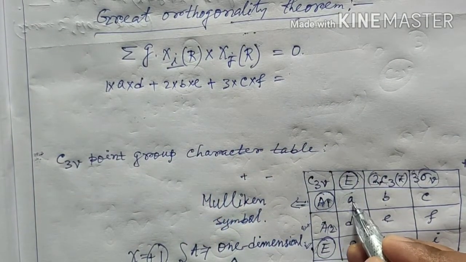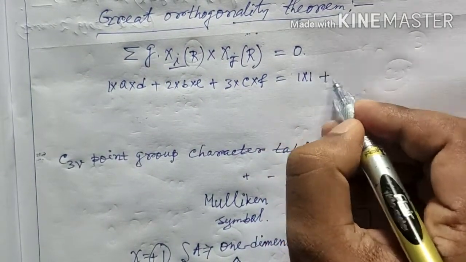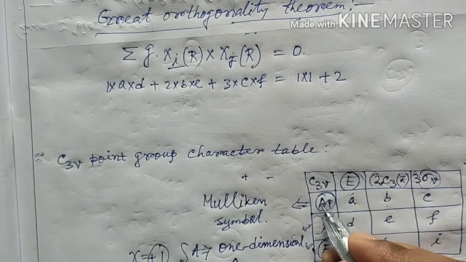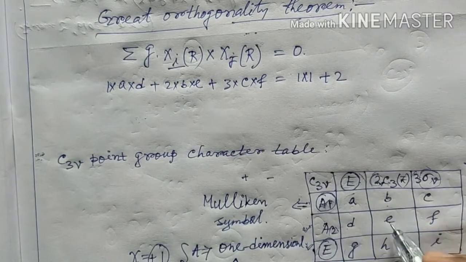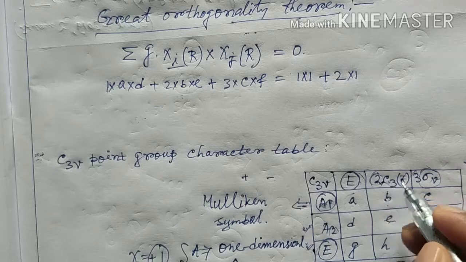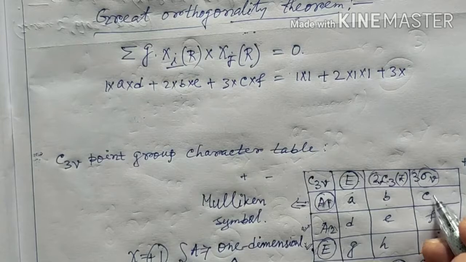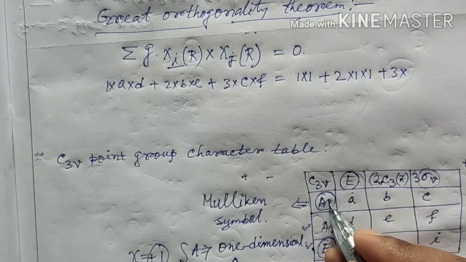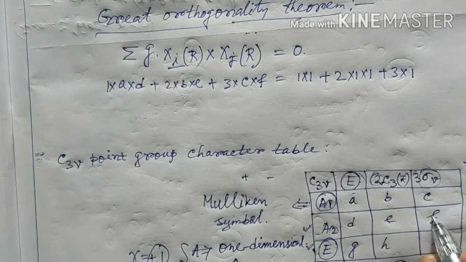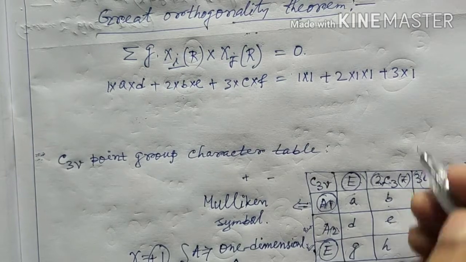In this case, since the values of a and d are equal to 1, it will be 1. And here the values of b and e, since both correspond to A, will be 1, since this corresponds to the character for the principal axis. And the value of c, as I have told previously, since the subscript is 1, will be plus 1. And in case of f, since the subscript is 2, it will be minus 1.